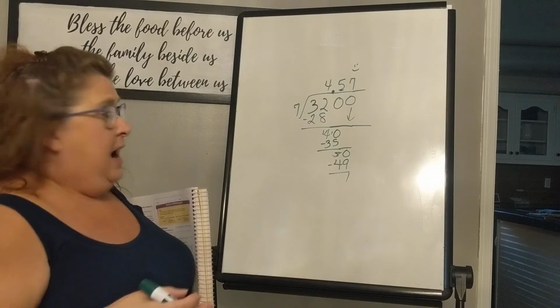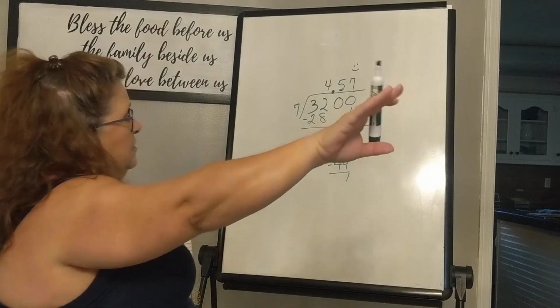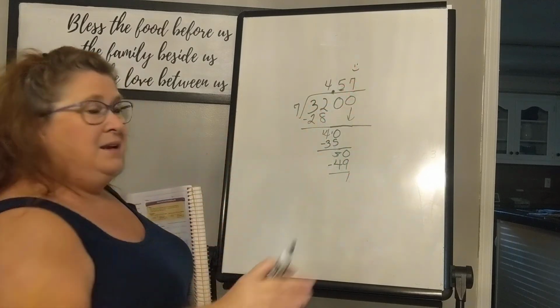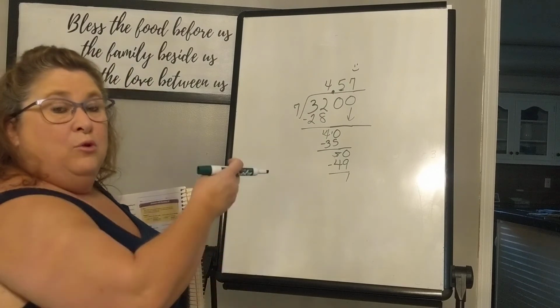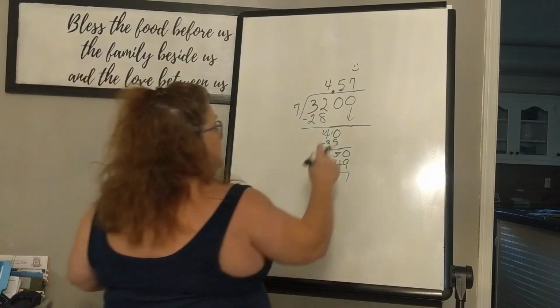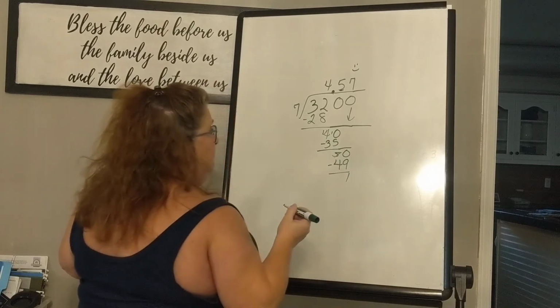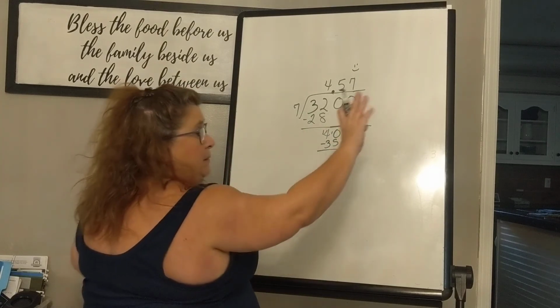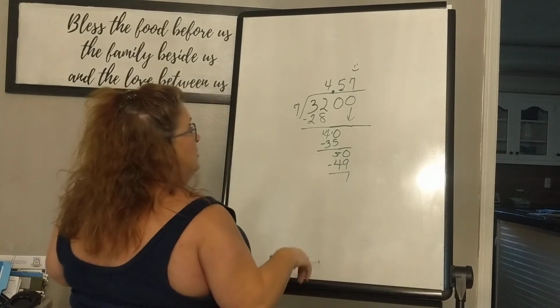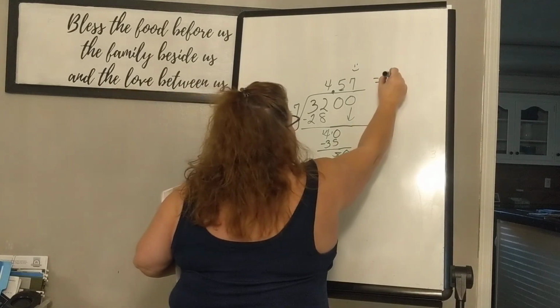You understand that? I don't have to have all the other decimal places behind it if the only place I'm looking at is the hundredths place in order to round to my tenths place. So in my hundredths place, it is 5 or above. So when I round 4.57 and whatever else it might be to the nearest tenth, it is going to be